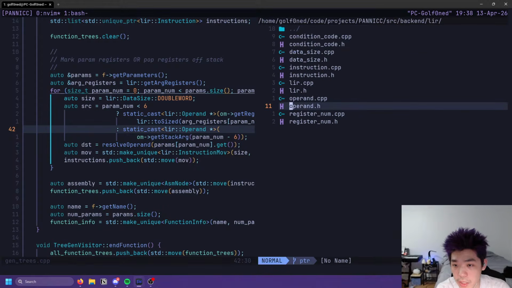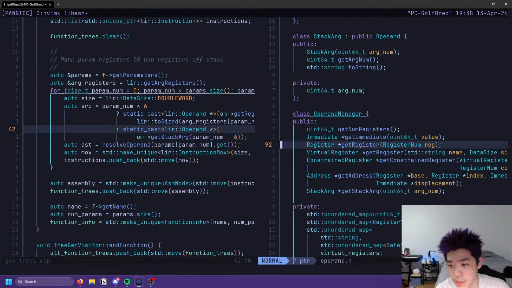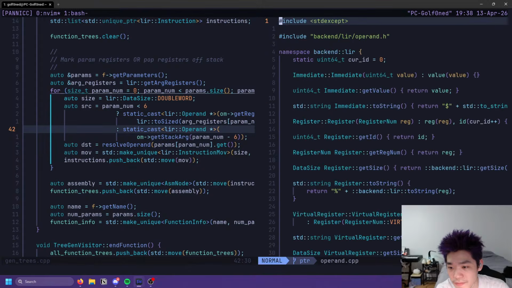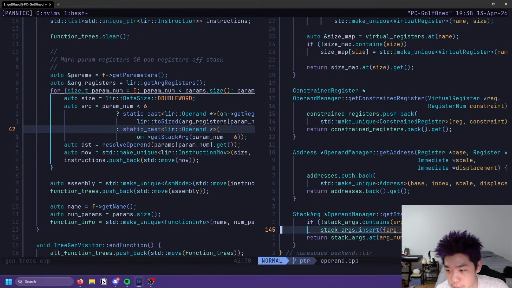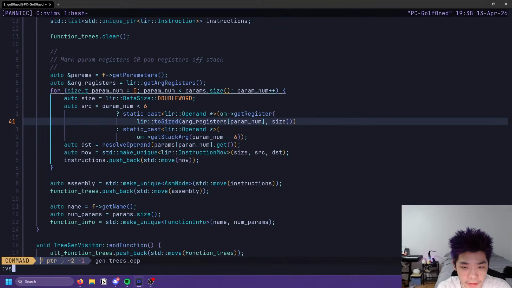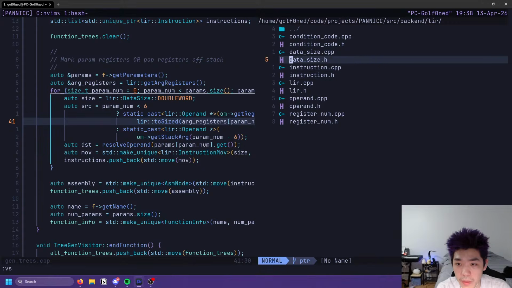Okay, let's go to the operand manager thing. We need to change this a little bit. Oh wait, actually that doesn't work. Oh, that's really annoying. Or I guess we just need to lower it differently, huh? So this is probably fine. We just need to change, I believe it's in CodeGen?